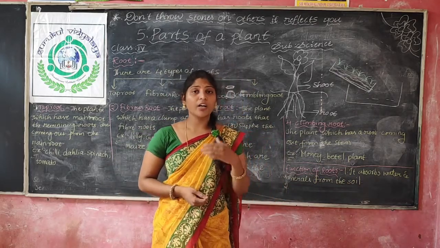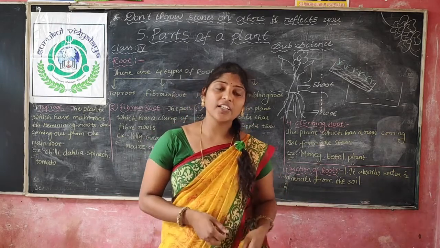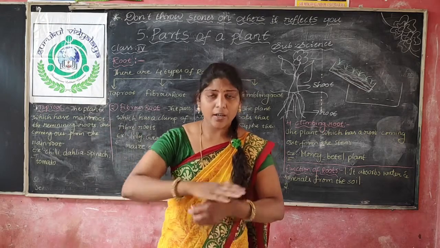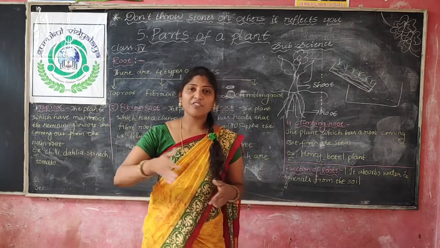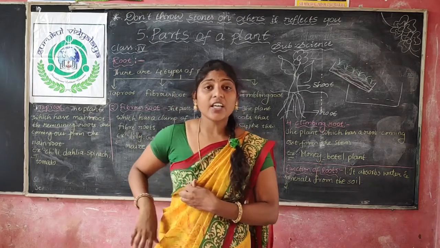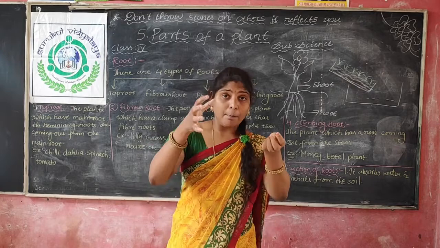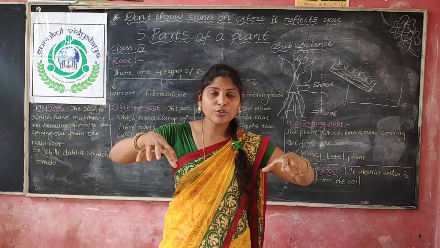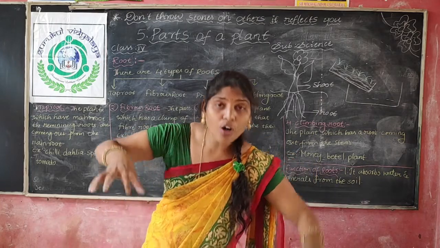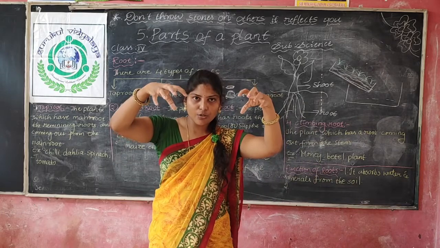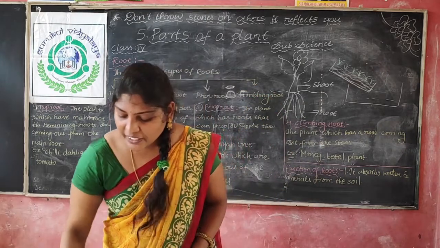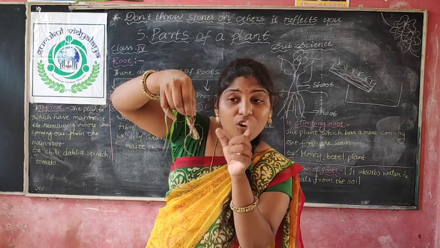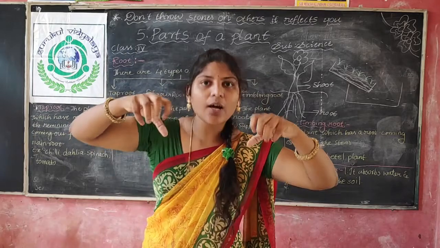You may have heard in lessons before, and you can see in the news also. They used to say that due to the lack of trees and plants, the upper layer of the land is blowing away. Actually, do you know, if there is a presence of more plants and trees, what will the roots do? The roots used to hold the soil. You can see when you are plucking any root, you can find soil particles present. Why? Because these roots are holding the soil.